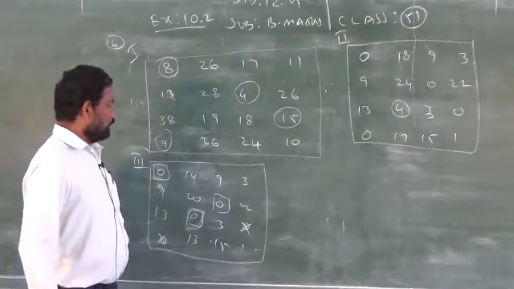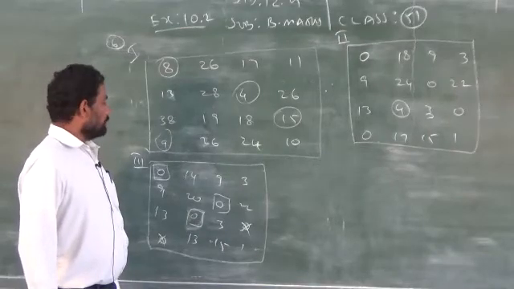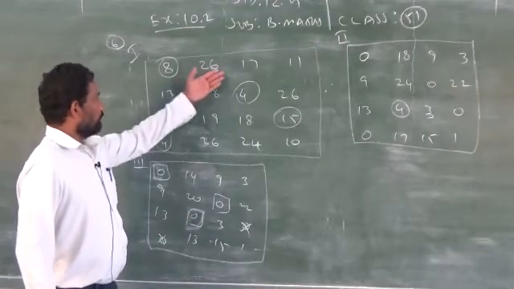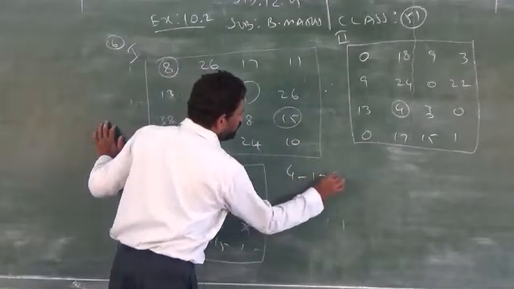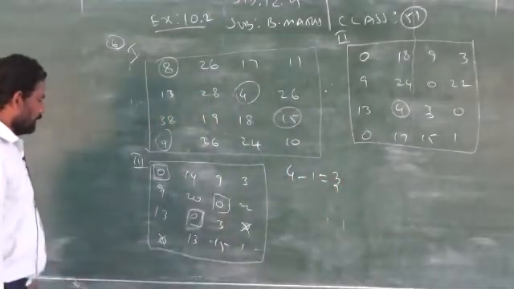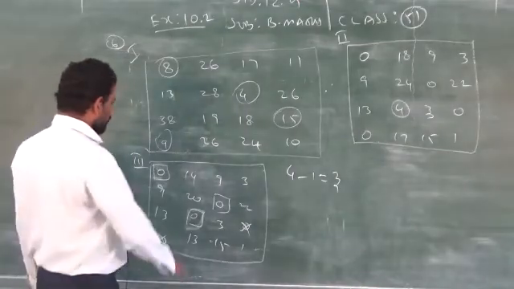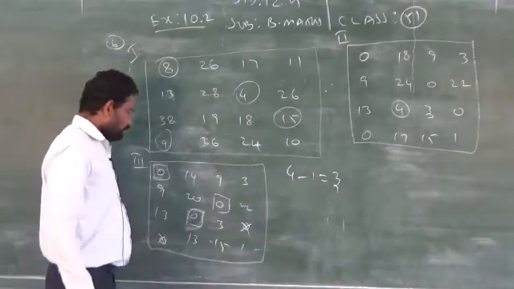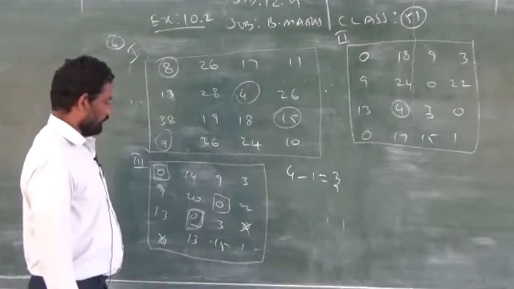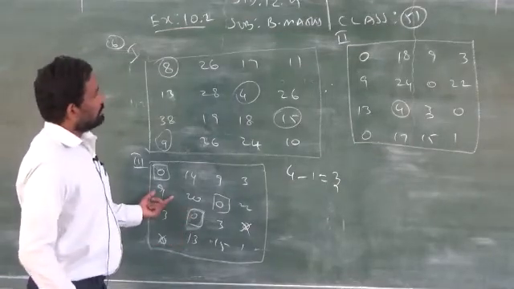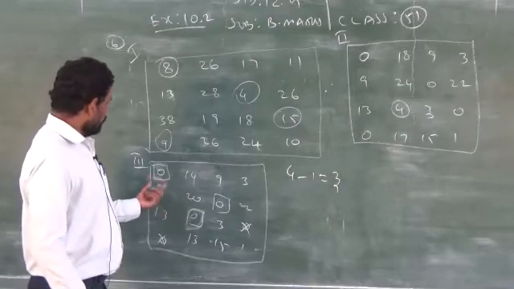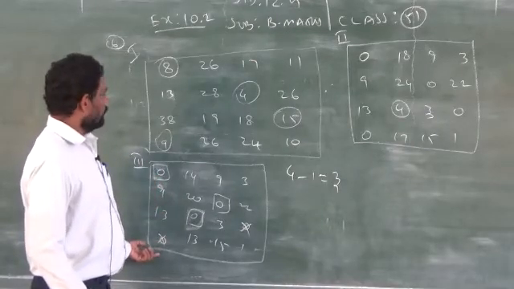1, 2, 3. But you should have how many boxes? 4 boxes, because there are 4 rows: 1, 2, 3, 4. So 4 minus 1 will give you 3. So now you have to take 3 lines to cover all the zeros, in such a way. This is your problem. Please check one more time. Sometimes I make mistakes. Please rectify that and proceed.